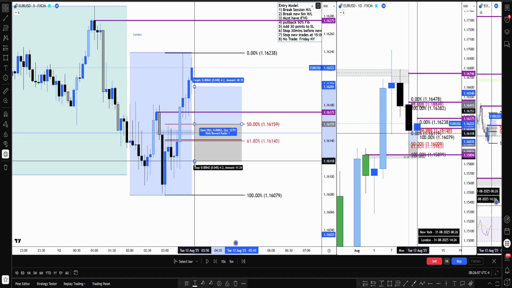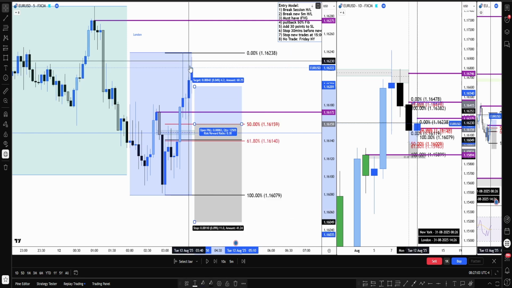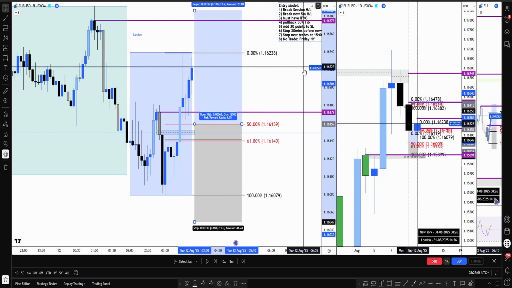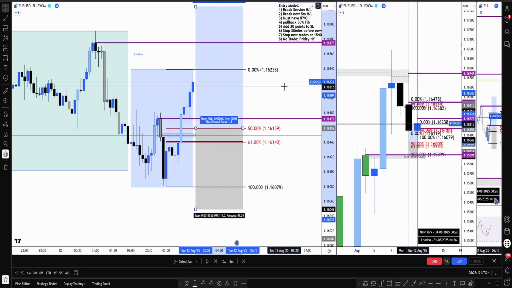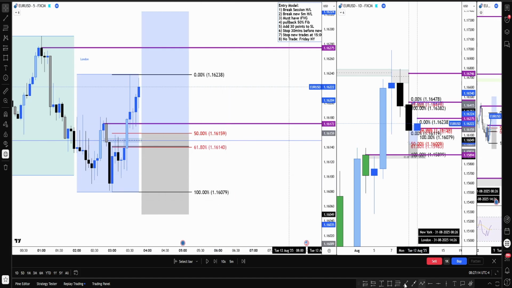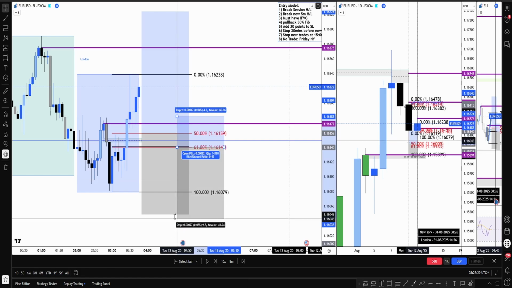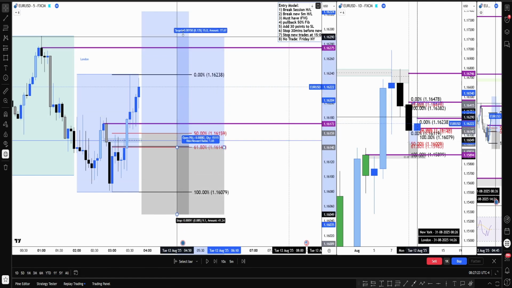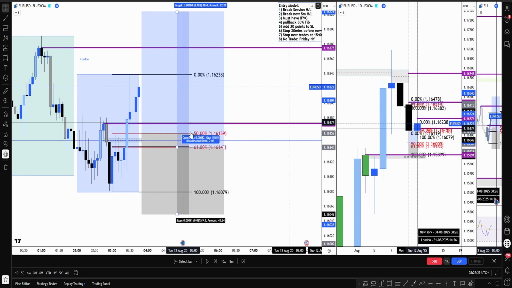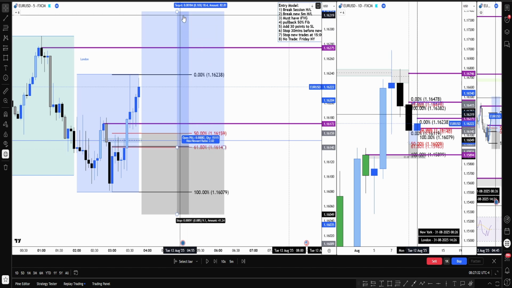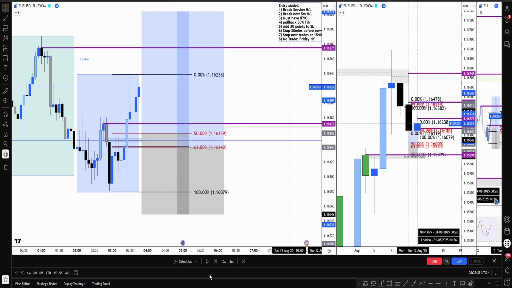50. Add 30 points. 1.5. There we go, 1.5. And the other trade is there on that level, and we aim for 2. Basically the same high as the other trade, but because we are entering off the 61.8, that makes sense now why it's so close to the TP level of this one here. In any case, let's move forward.